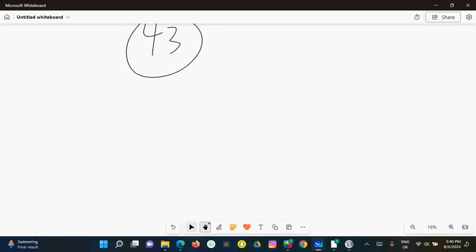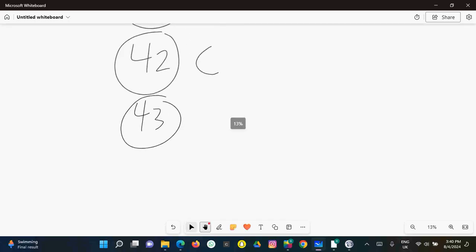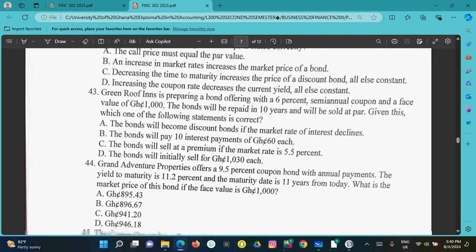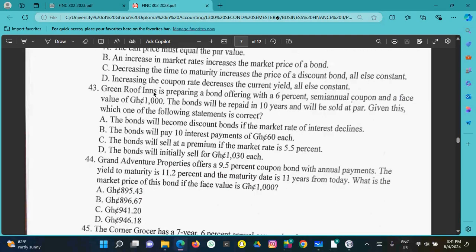43. Green Roofings is preparing a bond offering with a 6% semi-annual coupon and a face value of 1,000. The bond will be repaid in 10 years and will be sold at par. Given this, which of the following statements is correct? So 43,